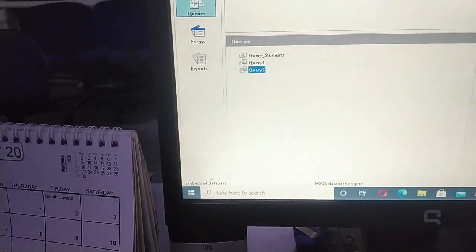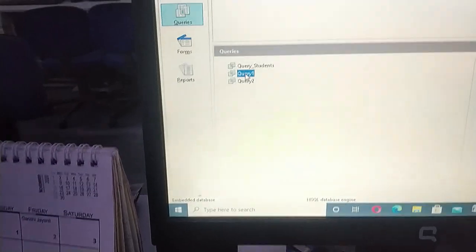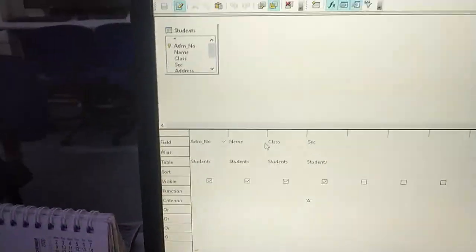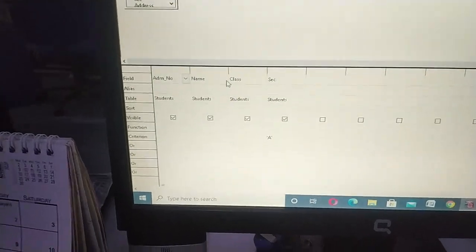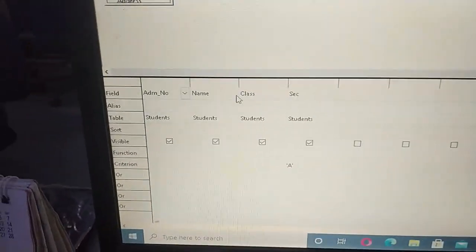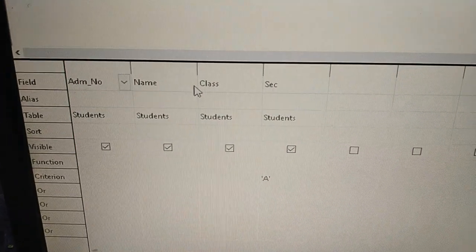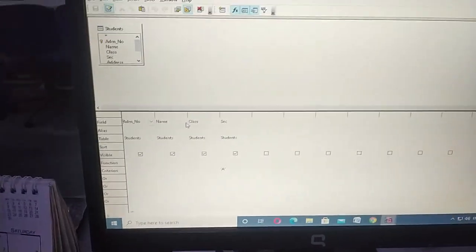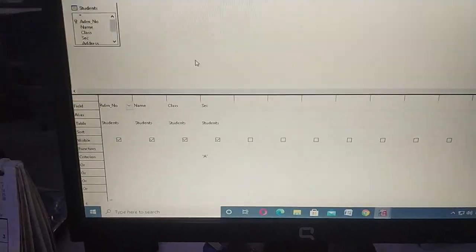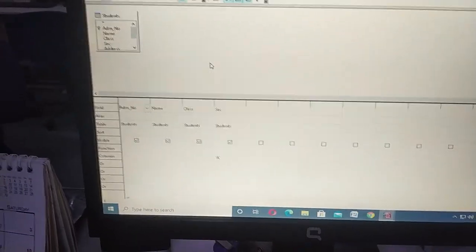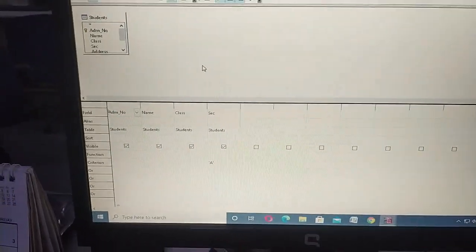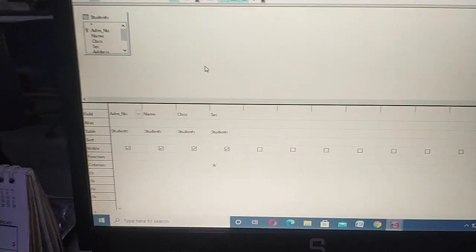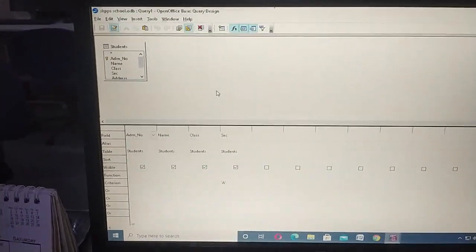To make some changes in the query, simply select the query in which you want to make the changes, right button and click on edit. The moment you click on edit, you will be in the designing mode of it, and you can change the criteria, you can change the pattern, you can make any changes in it, as you can see. So this is how we can create a query, and I hope with this video you will be able to do it yourself, how to make a query by 2 different ways, wizard and design view, and also how to use an aggregate function.